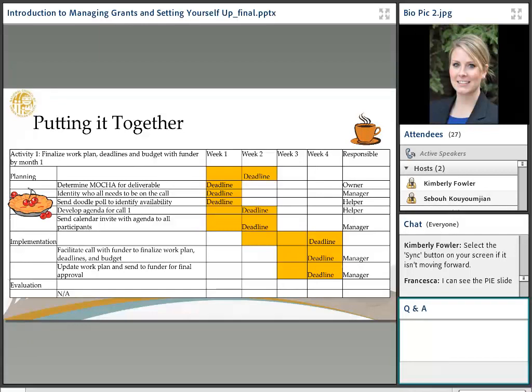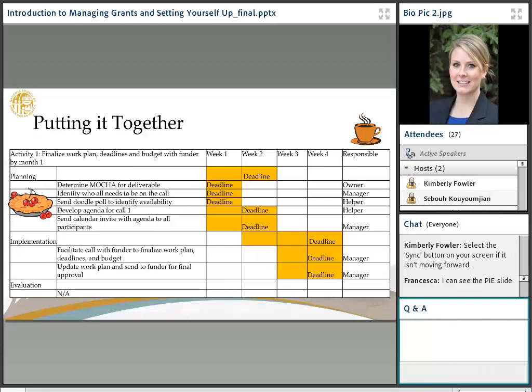You're starting the implementation process in week 2, even though you don't have any deadlines until week 4. If you're planning, you're thinking about what needs to go into all of it. And then you also have here who's responsible for the MOCHA on the right. It's clearly laid out, at least for this example, based off of the MOCHA itself. If you want to have your individual names in there, that works as well.